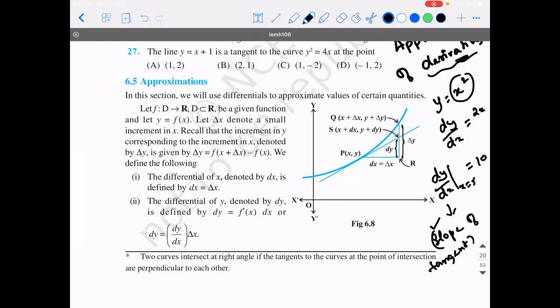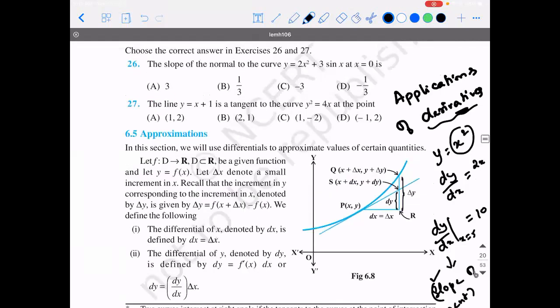So if somebody says what is the slope of the curve at a given point, the curve doesn't have a slope of its own. You draw a tangent at that point and the tangent has a slope. So that is the indirect question they're asking. That is the meaning of applications of derivatives. Then we saw another application also. Yesterday we discussed maxima and minima, where you can solve certain real time problems also.